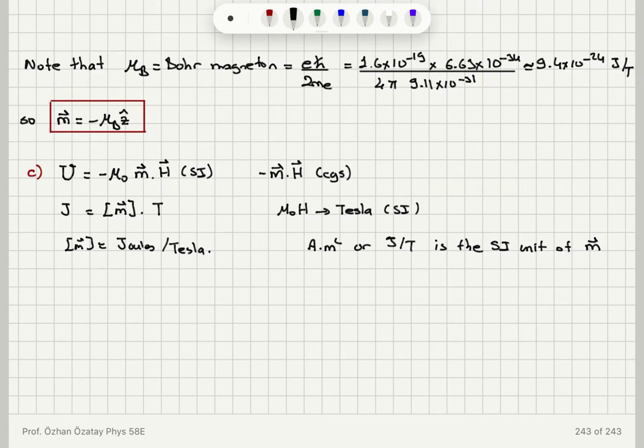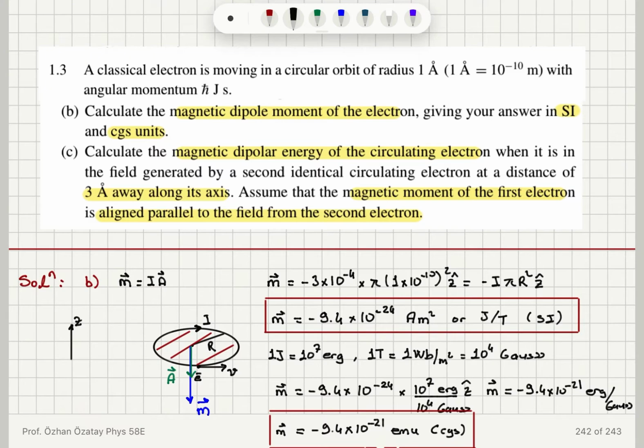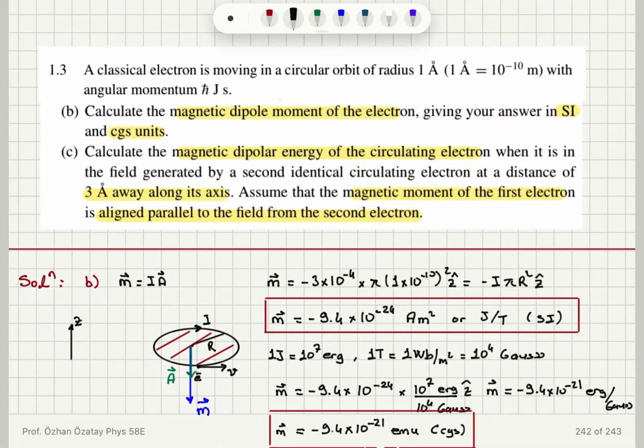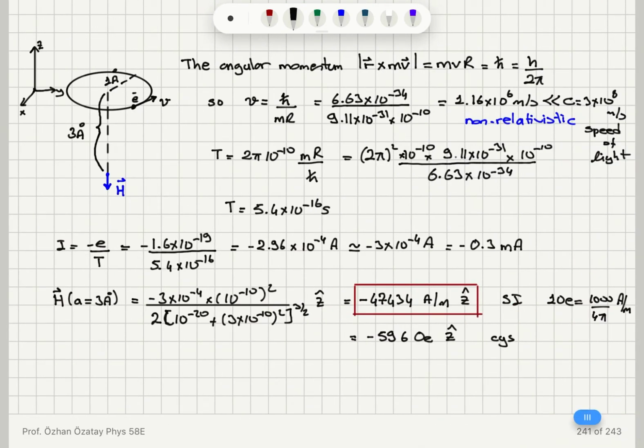Now here we're going to calculate the magnetic dipolar energy. So U will be equal to mu 0, which is 4 pi 10 to minus 7 Henry per meter, times the magnetic dipole moment of the electron. Here I have to be careful with the direction of m and h. Now it says that assume that the magnetic moment of the first electron is aligned parallel to the field from the second electron. So the dot product will give me basically m times h. So this will be 9.4 10 to minus 24 multiplied with the magnetic field that I have calculated in part A,